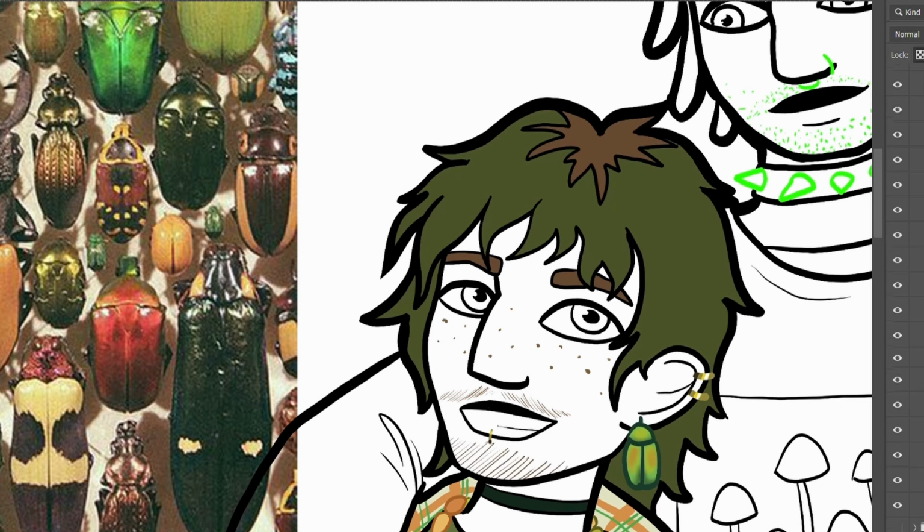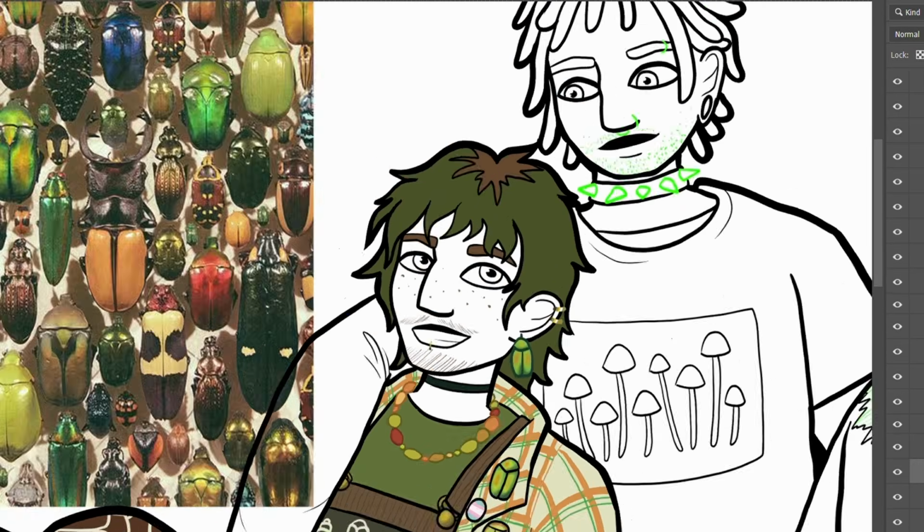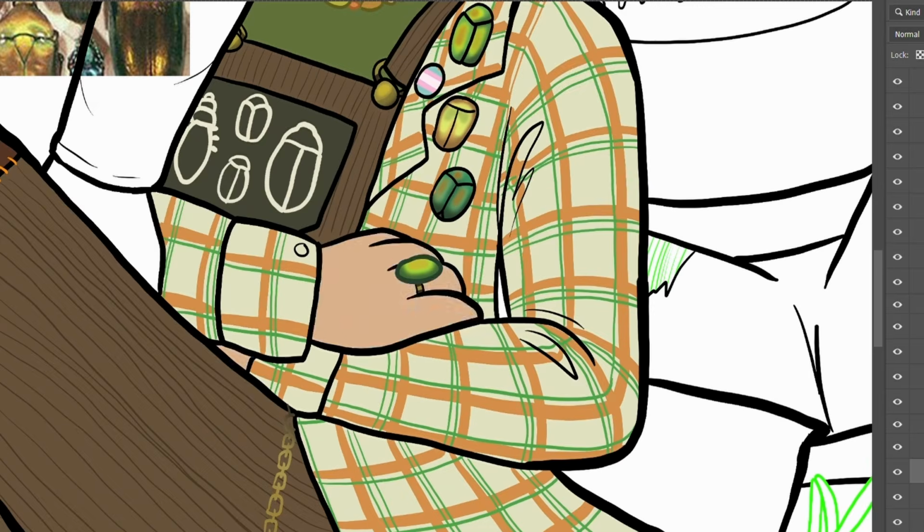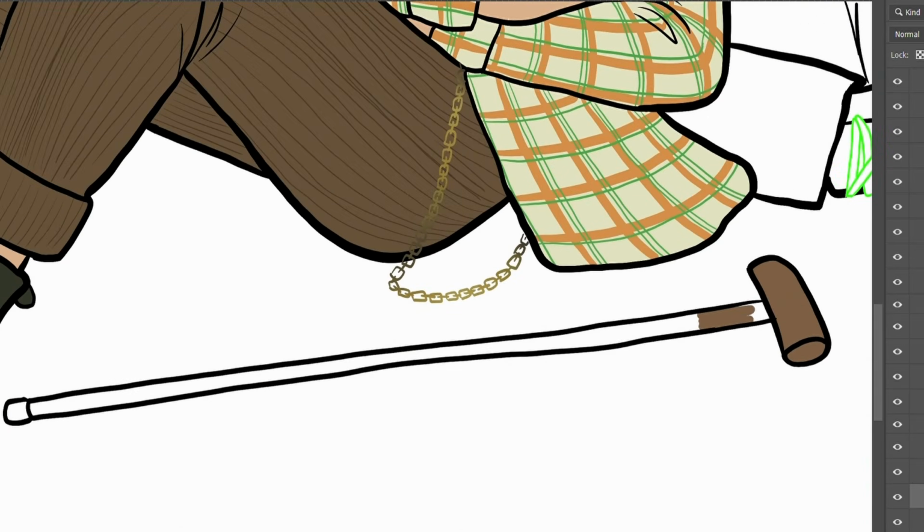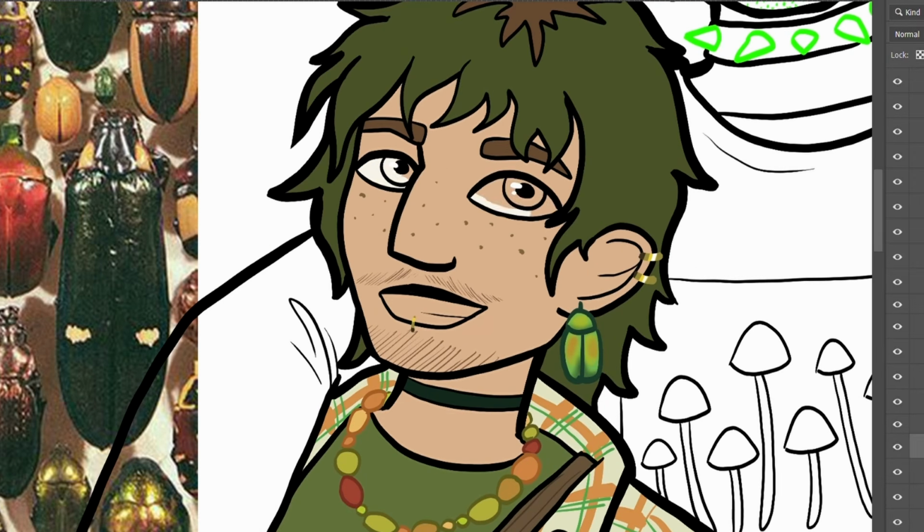I knew from the sketch that I wanted Campy's hair to be dyed and the roots to be growing out, but it wasn't until right as I started colouring that I knew what colour it should be. I thought it might take a few tries to land on a good colour, but honestly my first choice, a dark muted green, was correct.